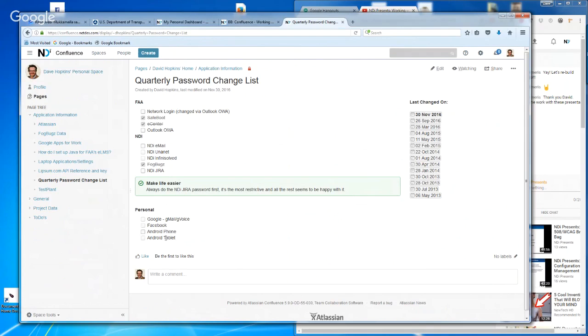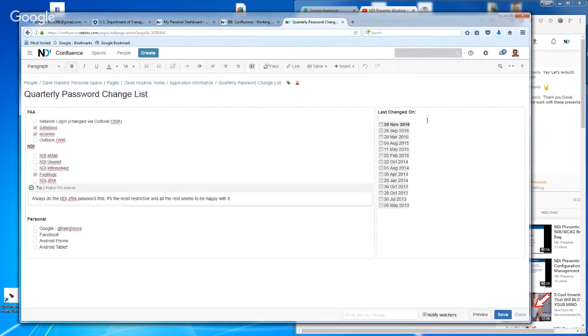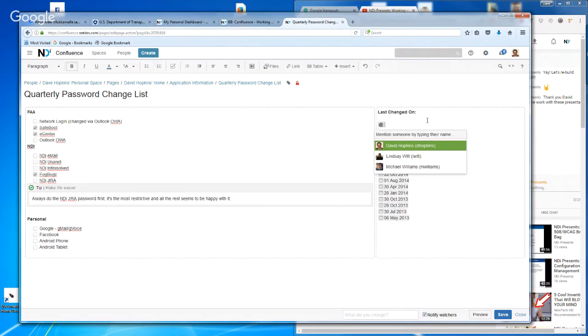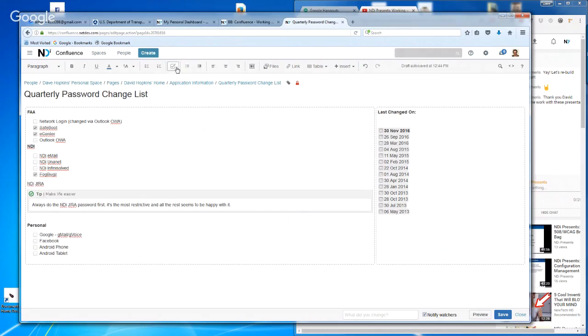Boom, and boom. Okay, and then I'll throw the date in over here. If you didn't see how the date goes in, you use / which brings up the date picker. It automatically throws a date in for you. If you use @ it automatically brings up the name picker. So John Coffey, for example. Very handy tools. To create a checkbox, you just click this guy right here, and it creates or uncreates a